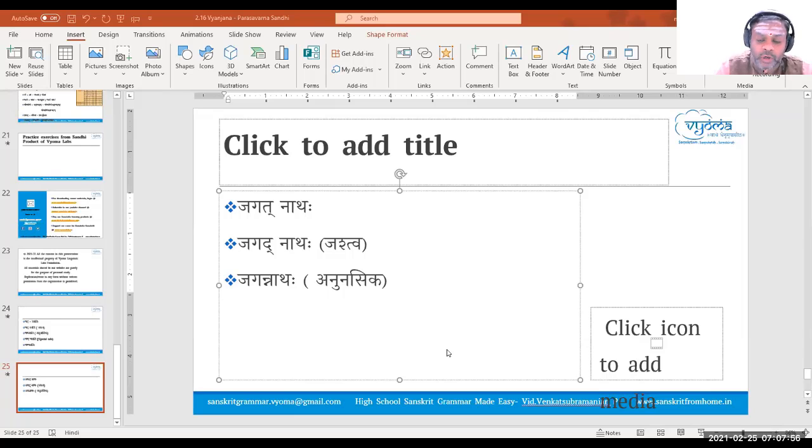As I told you, Yakara, Vakara, Lakara have got two variations. There is a letter Ya without Anunasika. There is a letter Va without Anunasika. There is a letter La without Anunasika. There is a letter Ya with the Anunasika. If you have to get Sanunasika Lakara, the left-hand side letter should be an Anunasika letter and it should be Nakara. Then only you can get the Sanunasika Lakara.